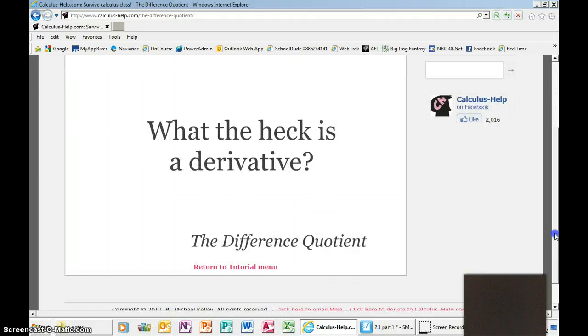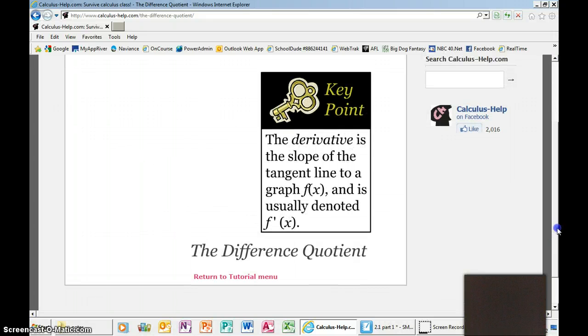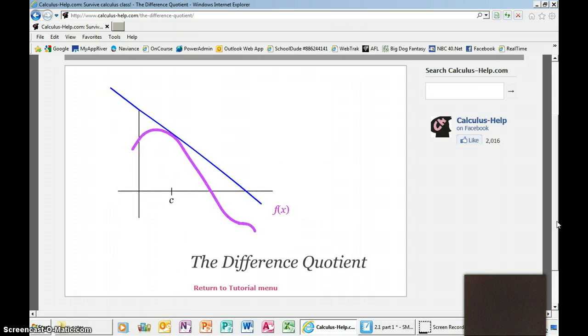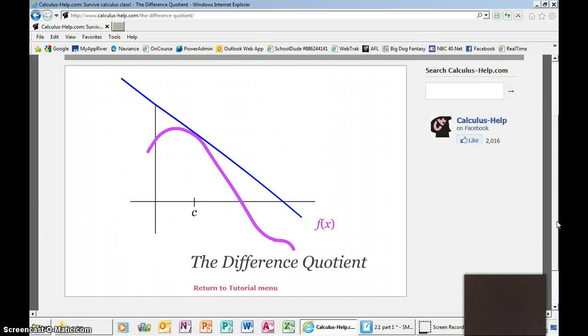Before we get started, we need to answer one question. What is a derivative? Well, in calculus, the derivative is the slope of the tangent line to a graph. For instance, here's a graph, f of x, the point C that I've noted. The tangent to f at x equals c would look like this. In essence, a tangent line is just a line that touches the graph once at that point, sort of like